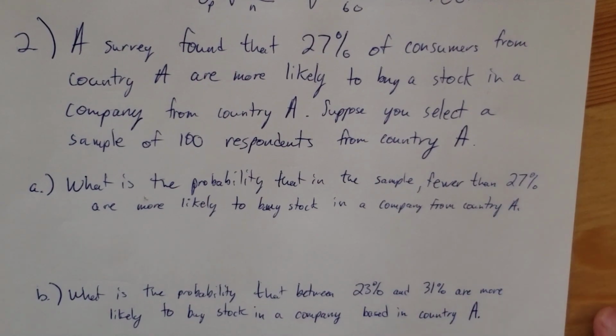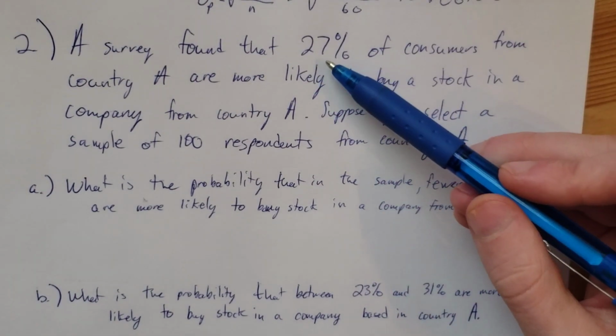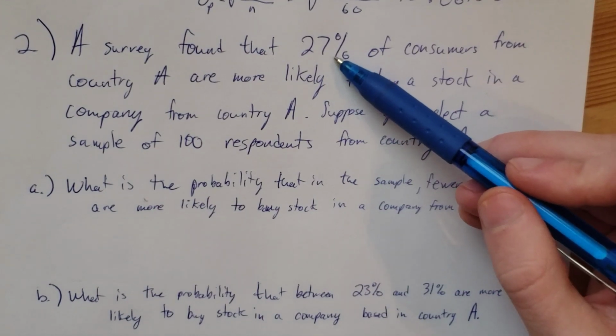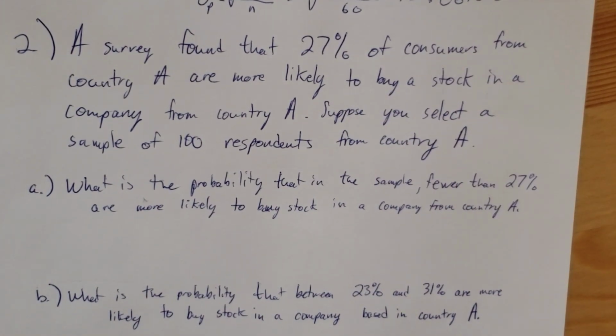Well, if our population proportion is 27%, and we're asking for the probability that fewer than 27% are going to buy the stock in the company from country A,